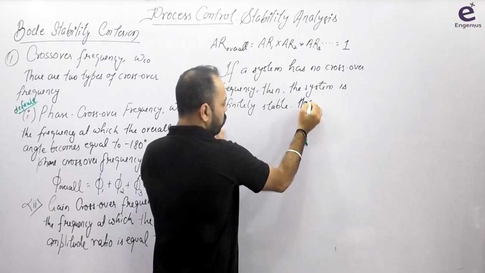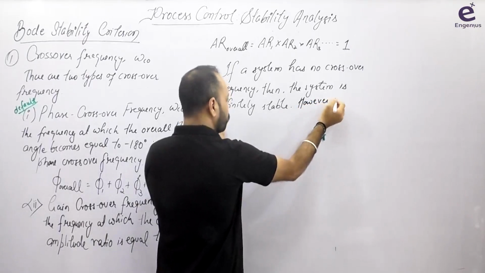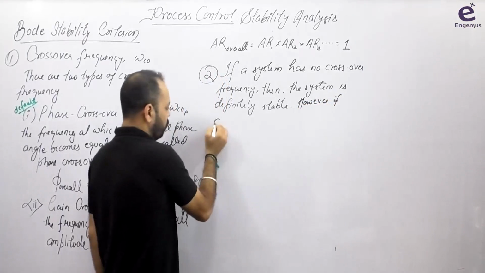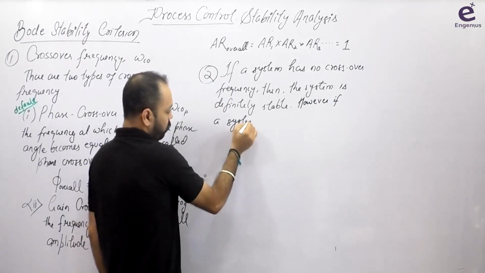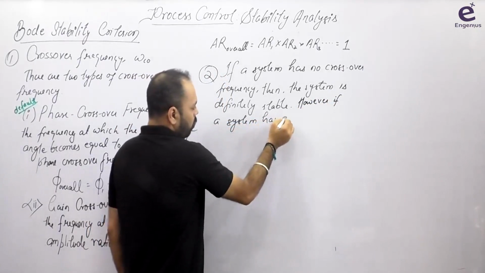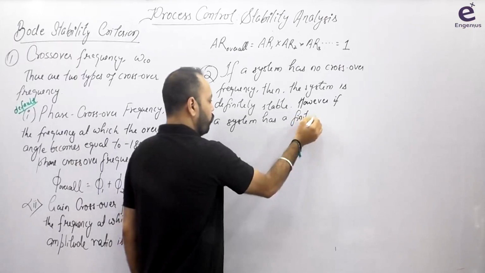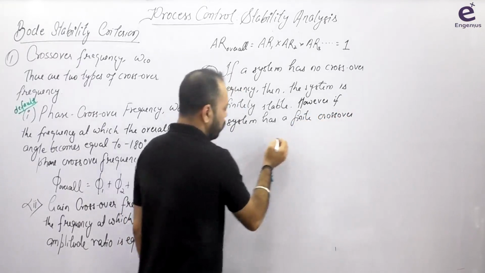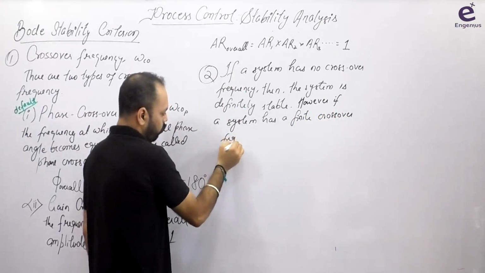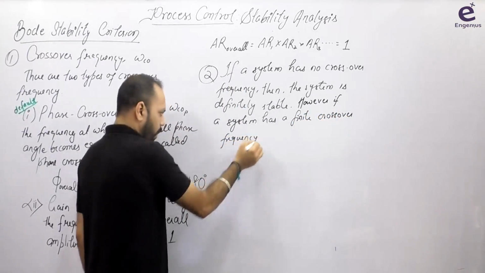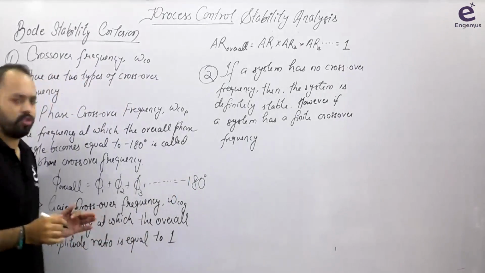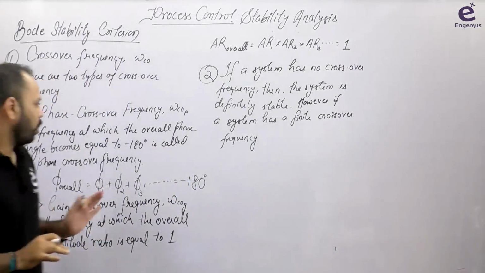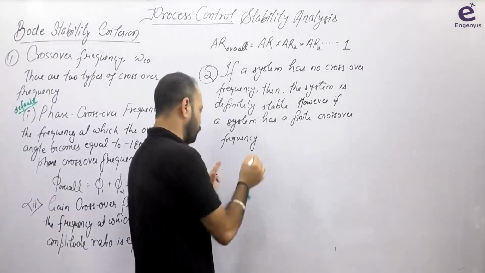However, if a system has a finite crossover frequency, then what do you think? If a system has a finite crossover frequency, then the system is unstable? No. If a system has a finite crossover frequency, then